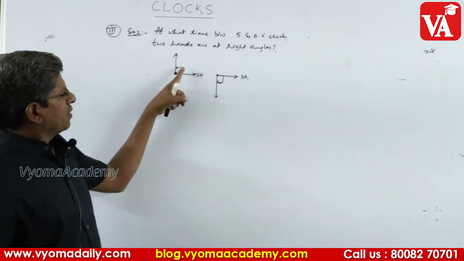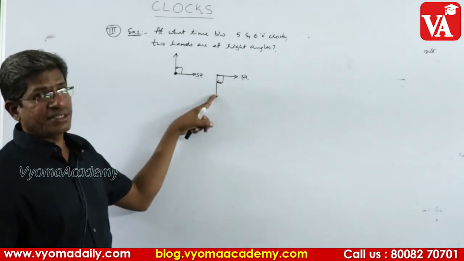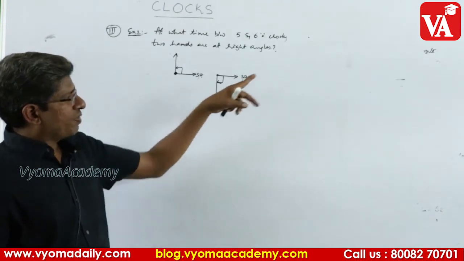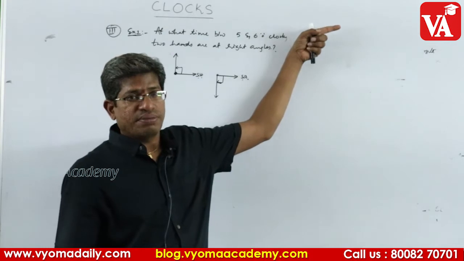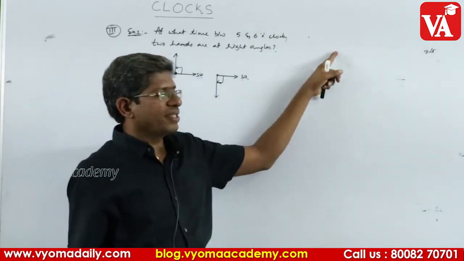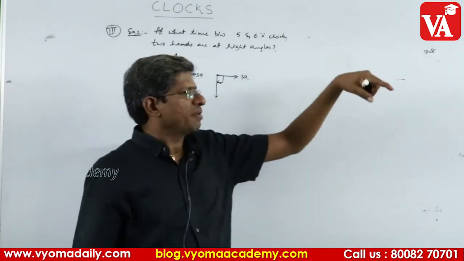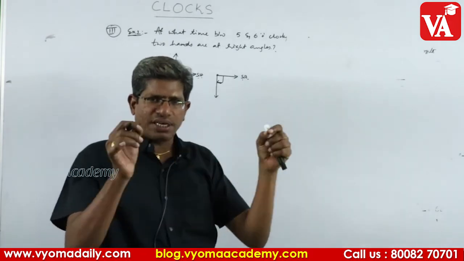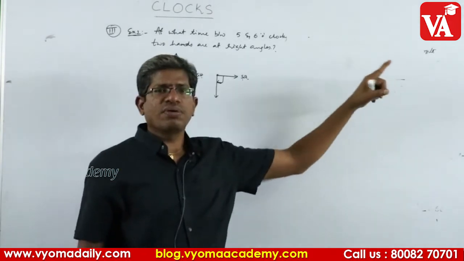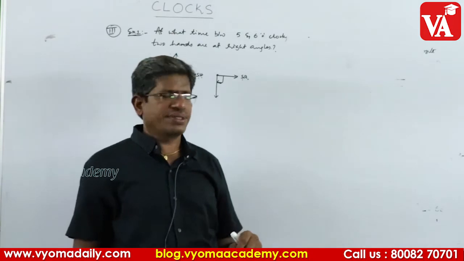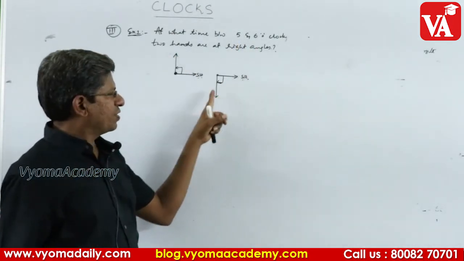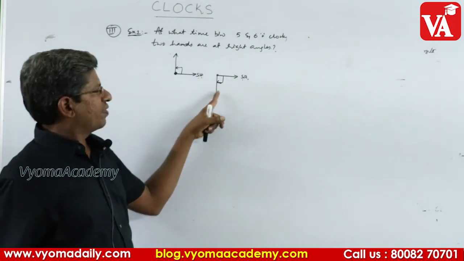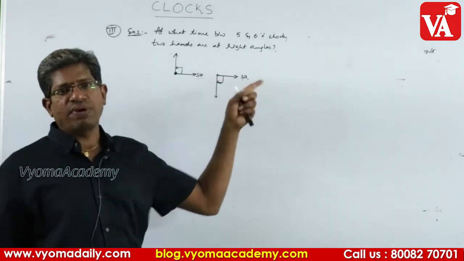That means you will get a left answer and a right side answer also. Previously, in every 1 hour, in the two models, let me repeat, the first one was when they meet together. Even then we got only one answer in every 1 hour. The second model is when they are straight and opposite. Even then we got only one answer in every 1 hour. But here you can expect two positions in every 1 hour, as I am showing in the picture. Therefore you can expect two answers in every 1 hour interval.